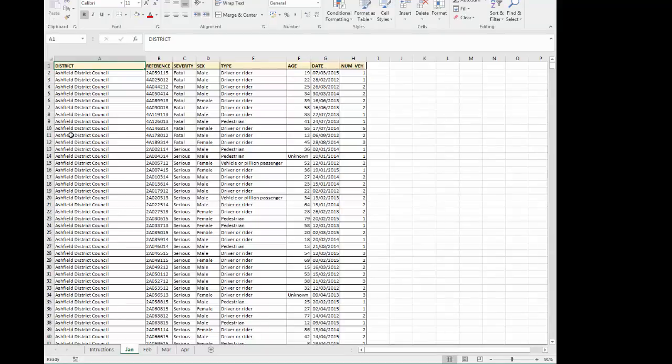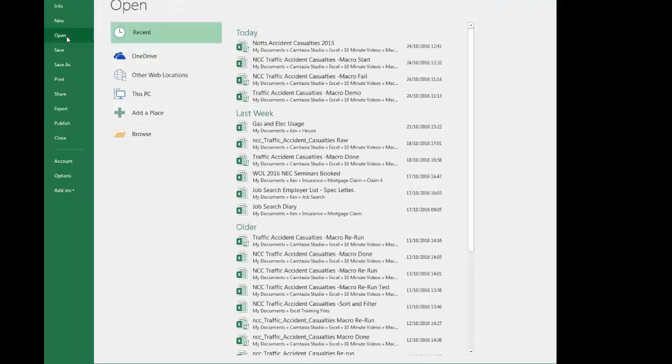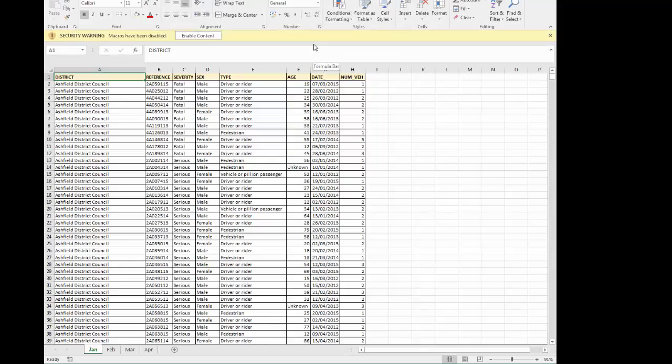We're opening it, and this is quite important. So we've come to another week, another day, another month, however yours is meant to be working. I go to File, I go to Open, I find my workbook, and there it is. Look, Knots Accident Casualty 2015. And it starts to open a little slower than before because it now has macros, and this is the important